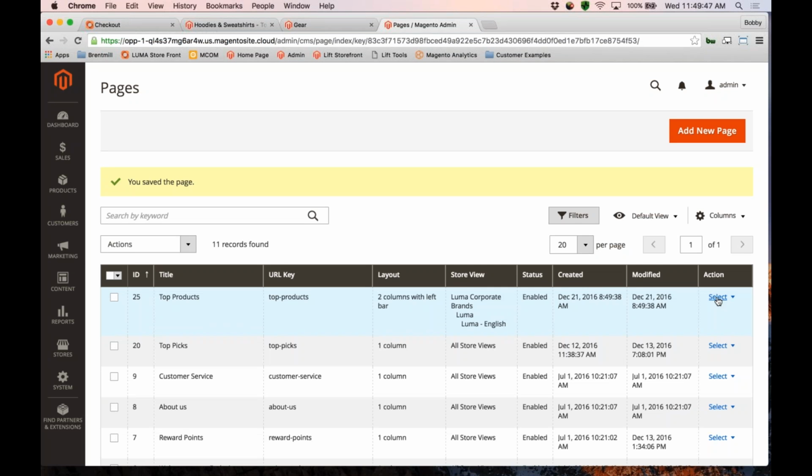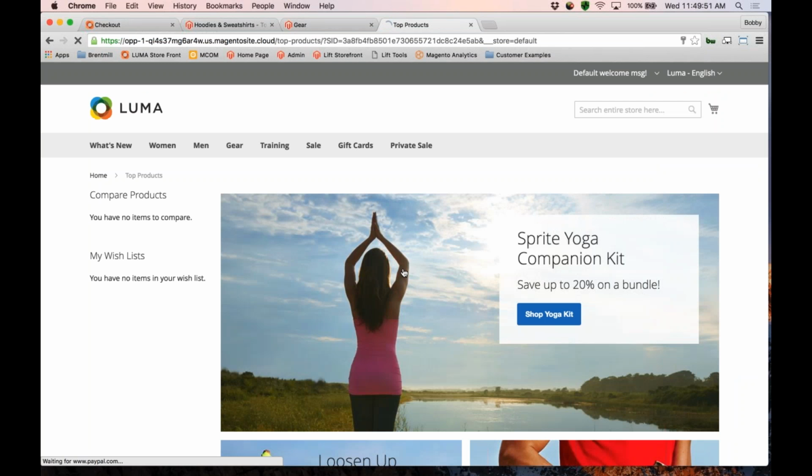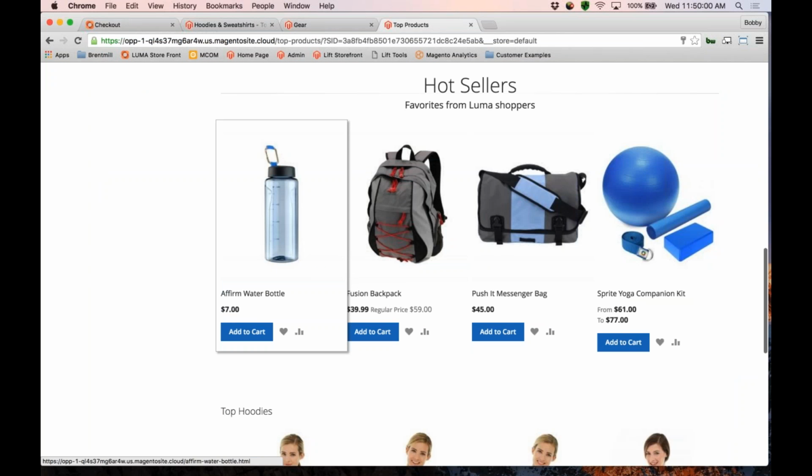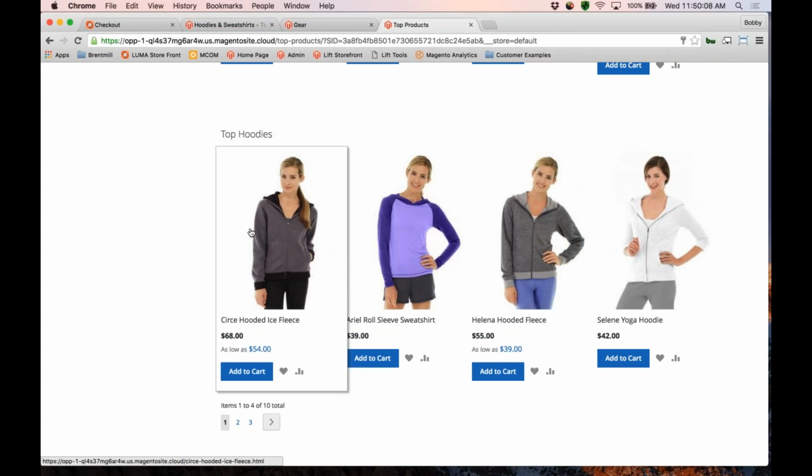We can see the block has been laid out nicely within the template, and the hot sellers happen to be part of that block, so you can reference widgets within blocks if you need to. But down below, here we have now our top hoodies in the widget style that we went through and just created. So really within a few simple steps, it's very easy to create these content-rich experiences leveraging native capabilities of